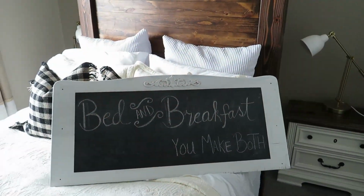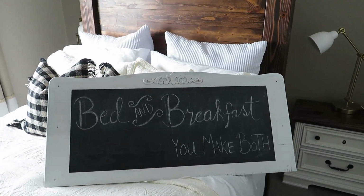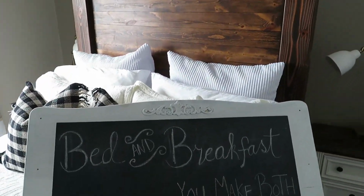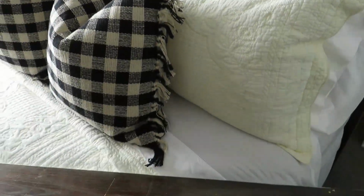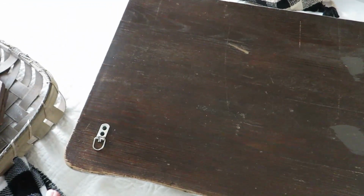This chalkboard sign was above the television, and because we mounted the TV, it didn't look quite right. So we are going to hang this above the bed up there. I think that'll look really, really cool. This is actually just an old dresser top, like from a 100-year-old dresser. And this is the top part of it. And then I just did the chalkboard thing underneath of it, added some D-rings, and I think it turned out